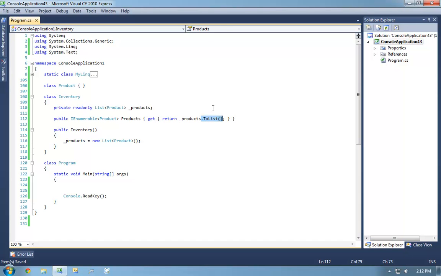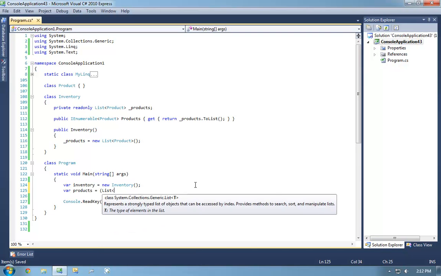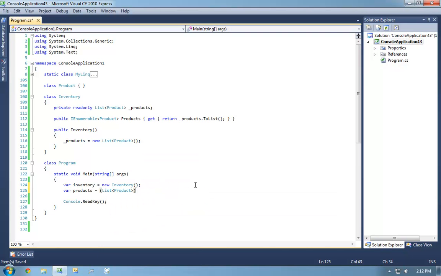What this will do is return a copy of it so that we can't do this. See, this is valid code. If I didn't have this ToList right here, this still allows people to do everything that I said they shouldn't be able to. I could now reach into this data member and do anything I want to it.